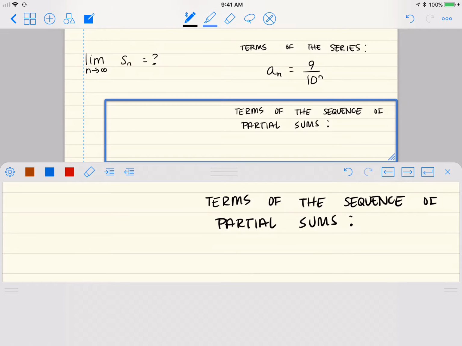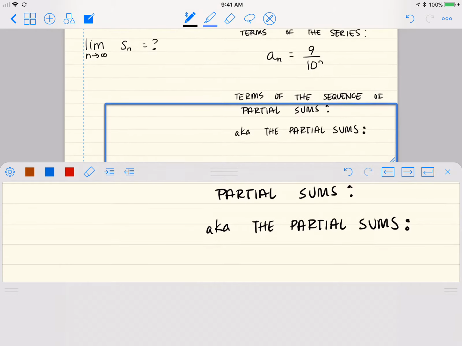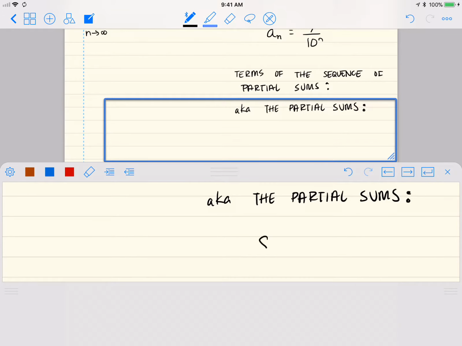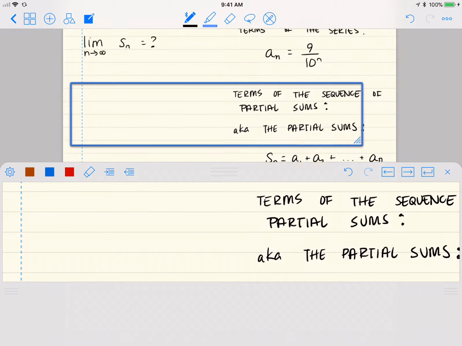Another way to say this is the partial sums, right? What are the partial sums? Now, the formula for Sn is supposed to be the result of adding up the first n terms of your series, right? So for us, we'll have,